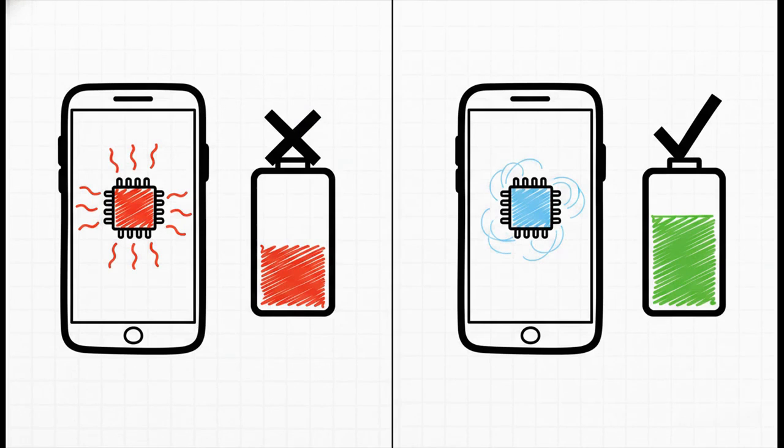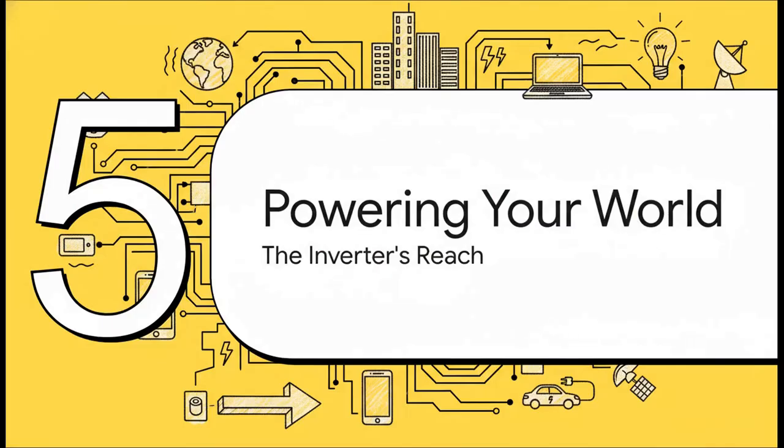Well, this right here is the secret sauce of modern mobile computing. It's the reason billions of these switches can be crammed into your phone's processor without it overheating, and it's the reason your battery can last all day instead of just 5 minutes. Low static power isn't just a feature, it's the superpower that makes our modern world possible. And that brings us to our final section,